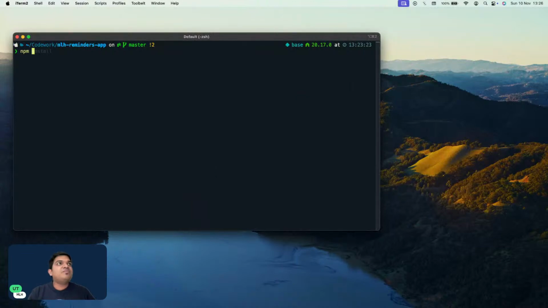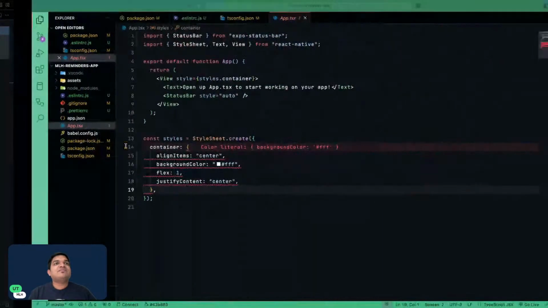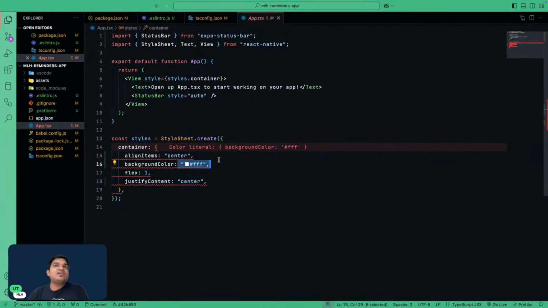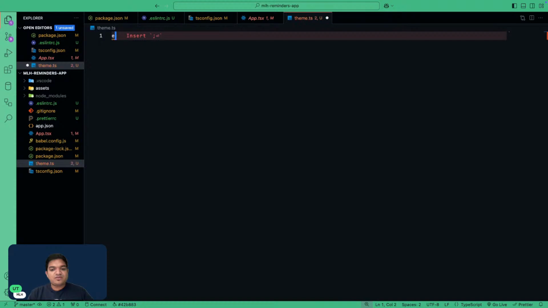We can do npm run lint fix all the errors. Everything gone except for this one, which is color literal is being used. We should define it in a theme file. So let me do that. So theme.ts, and what we had to do was export const theme